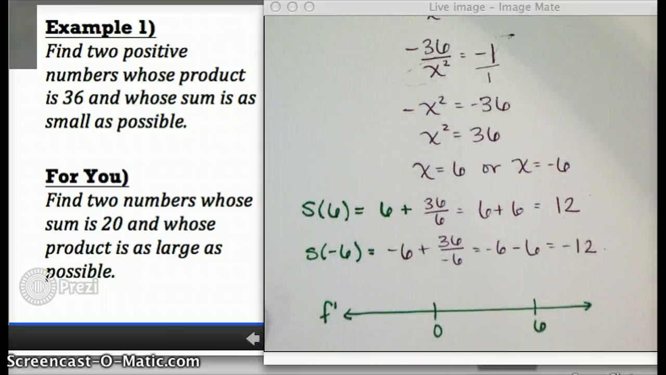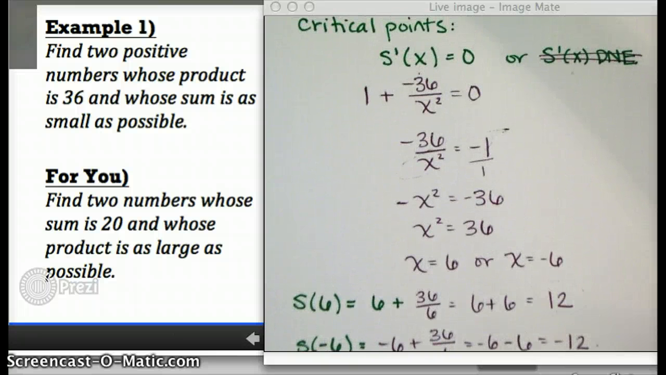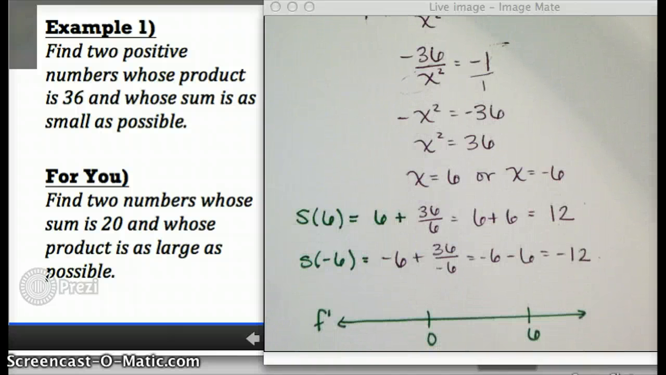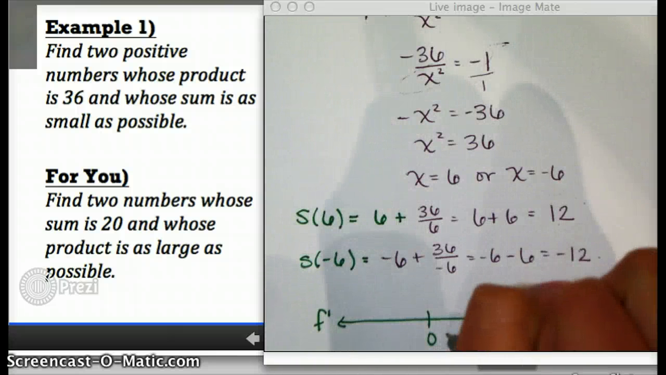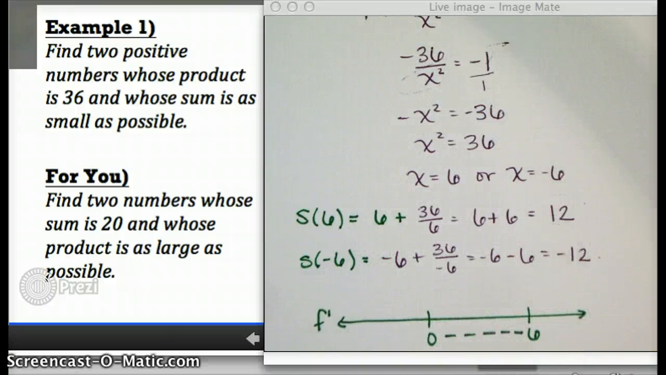So a number in between 0 and 6 is like 1, for example. If I plug in 1, I get 1 plus negative 36, which is a negative number. And that means in between 0 and 6 right here, the derivative is negative, which means the original function is decreasing. If I plug in a number greater than 6, for example, 7,